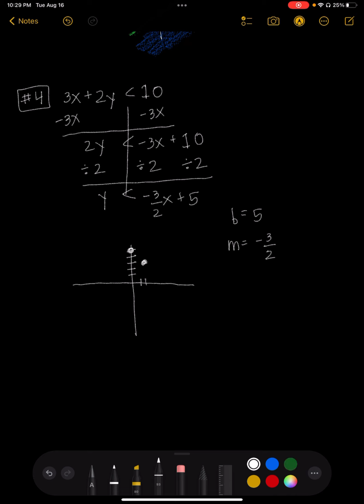So now we have to decide, is the line going to be a solid or dotted line? In this case, because it's just less than, it's not a less than or equal to, it's a dotted line. And then because it's less than, it is shaded below. So there we have it. And this is how you graph